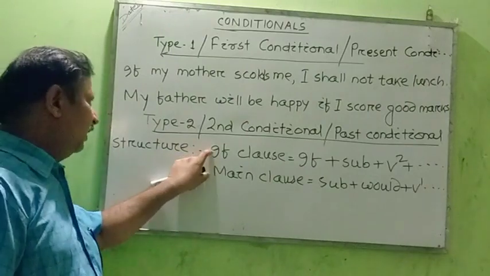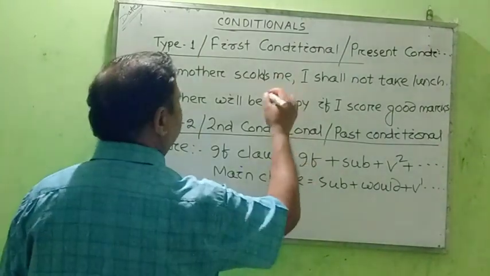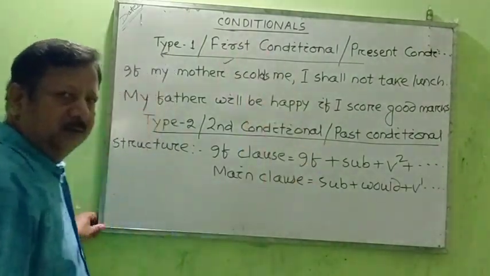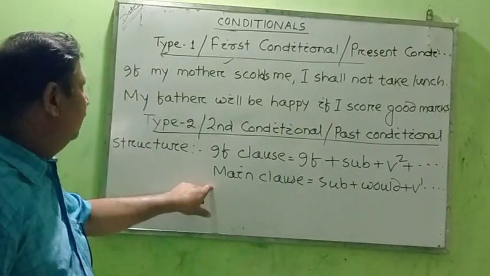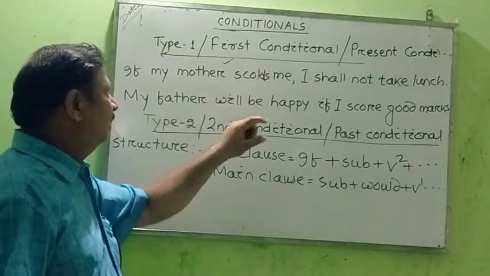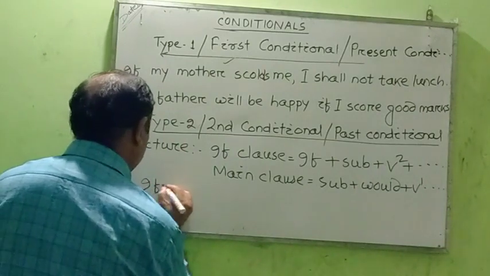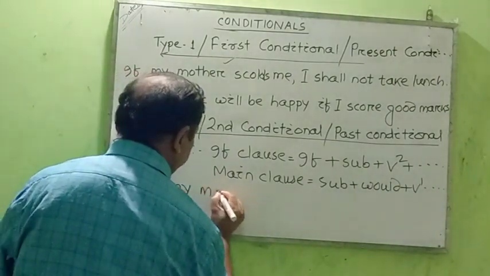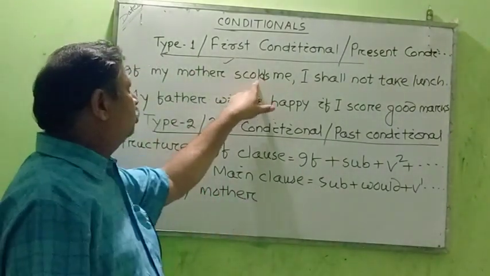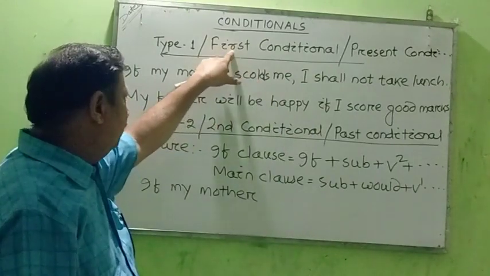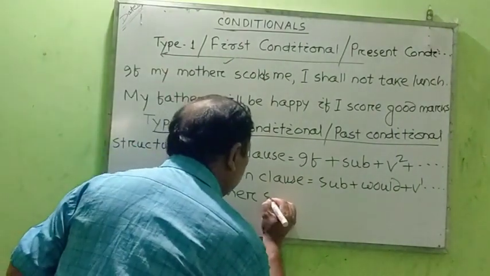Taking this structure, now we shall make sentences. The first conditional can be converted into the second. Suppose: if my mother scolds me, I shall not take lunch. In that case you write: if my mother scolds. Here it is verb 1 in the first conditional, but in the second conditional we have to make it verb 2: if my mother scolded me,